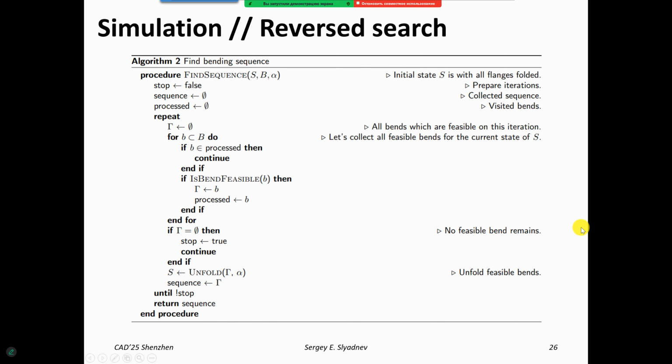So the solution we came up with is reverse search. We start rather from the folded state of the geometry, and in the folded state we try to find at each iteration the set of bends that can be regarded as final. Once we found those final bends, we unfold them locally and we continue. So this process will end either when the part is completely flattened out, so this would mean that the part is feasible,